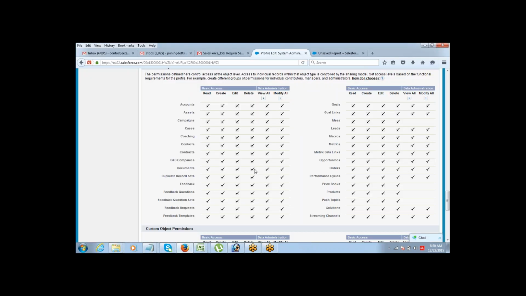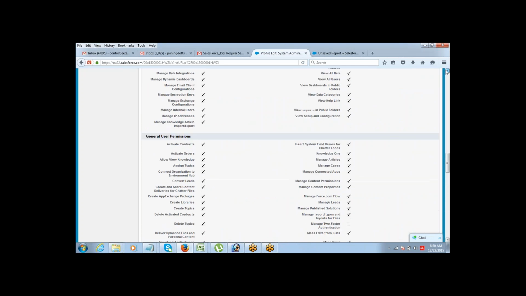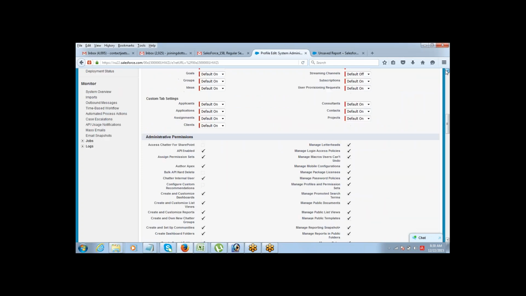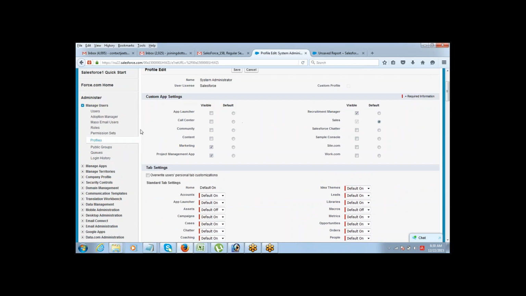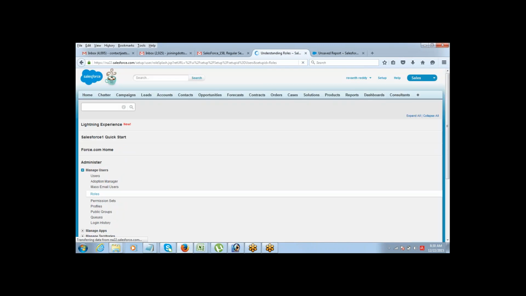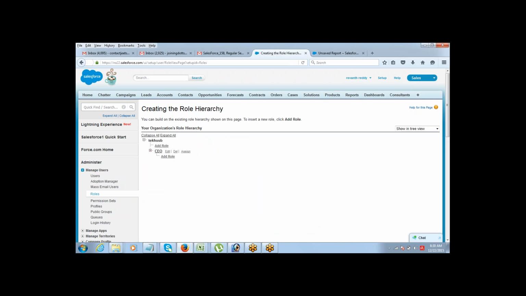Where is this role hierarchy defined? Under Setup, Manage Users, Roles. This is where the role hierarchy is defined. So you can just click on Roles, and this is where you can define the roles.